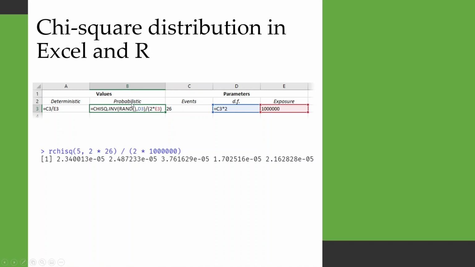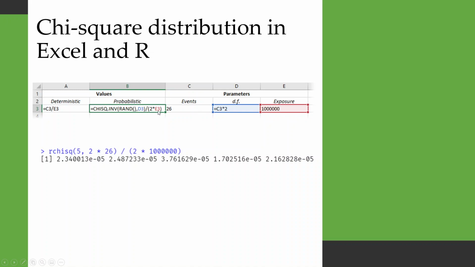So in Excel, we've got these events and the exposure, so they're kind of the data that we're supplying. We'll calculate the degrees of freedom as being 2 times the number of events. The deterministic value for this rate is just the events divided by the exposure, as you can see here. For the probabilistic version, we're going to take that CHISQ.INV, give it that random number between 0 and 1, and then the degrees of freedom. Remember, the degrees of freedom is 2 times the number of events, and then we're going to divide it by